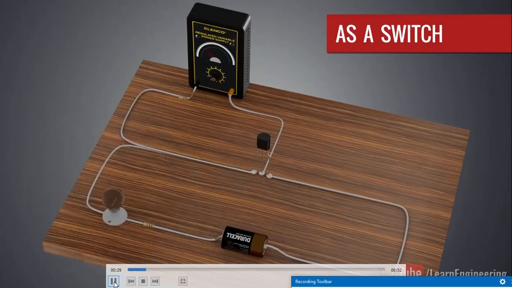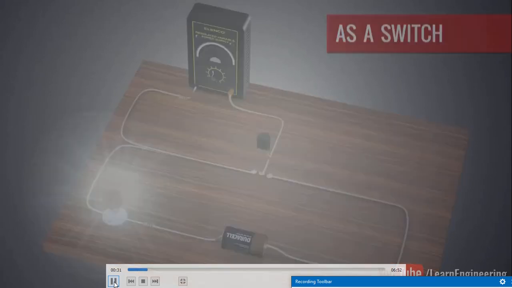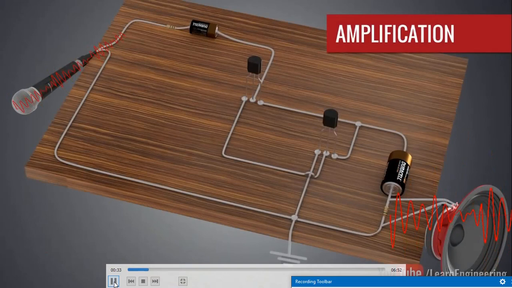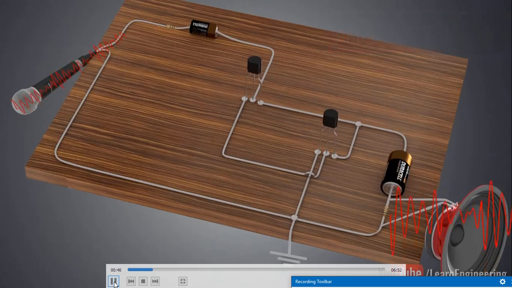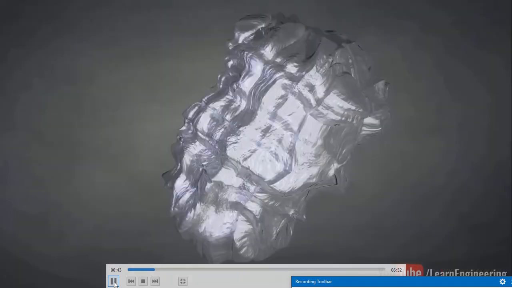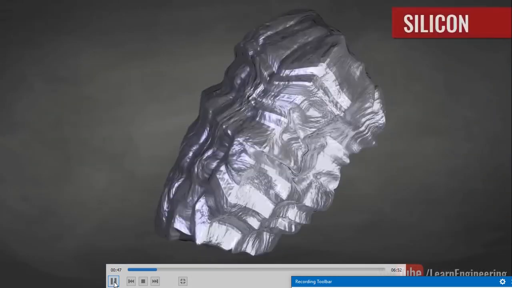Now this transistor is going to act as a switch. Here a bulb is glowing, and the bulb is glowing because there is no further switch here. It is only the transistor which is doing it. The other one is a mic, a speaker and an amplifier. This mic and amplifier are connected by these two transistors, so amplification is comfortably happening with the transistors without any extra mechanical, high level electronic gadgets.